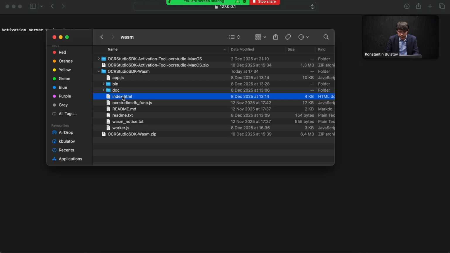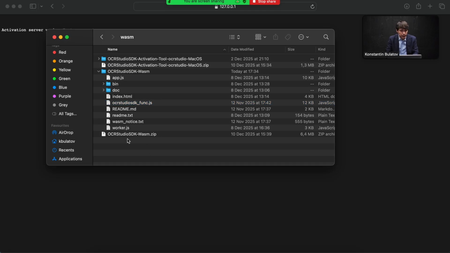There is an index.html, the sample application, which is ready to be run. The app.js is its code. And the worker.js is an intermediary between the app.js, the client-side code, and the WebAssembly module. And there is also OCR Studio SDK Func.js, which holds auxiliary functions.